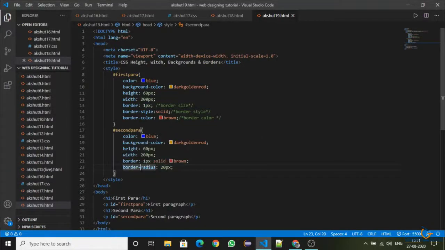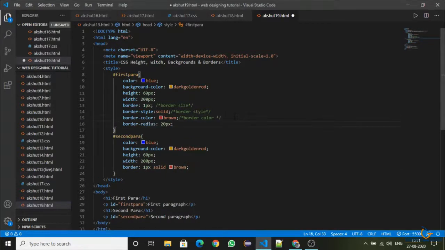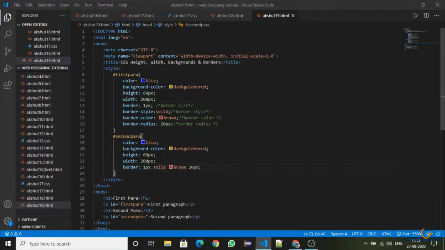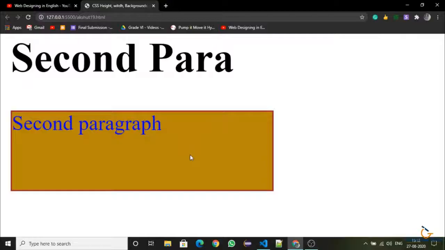There are many things also in border mode, which I will tell you after some time. So as you can see, this was a radius property. I will paste it here, and I will copy this and I will paste this here. I will write border radius. Okay, so this was a border radius. Now let me tell you that this cannot apply on this. This radius property we have to write differently only. Okay, so this has worked.